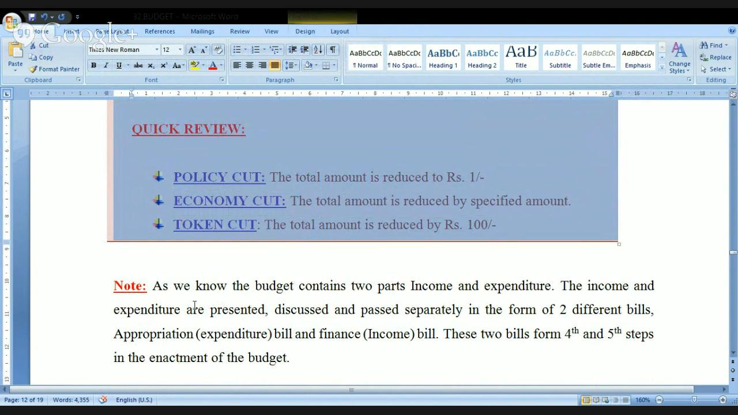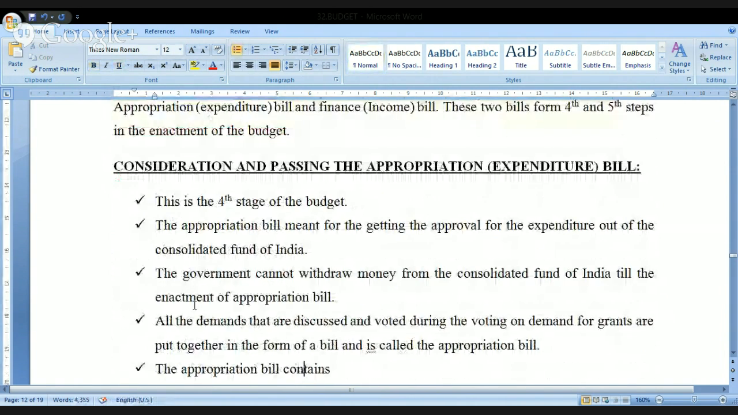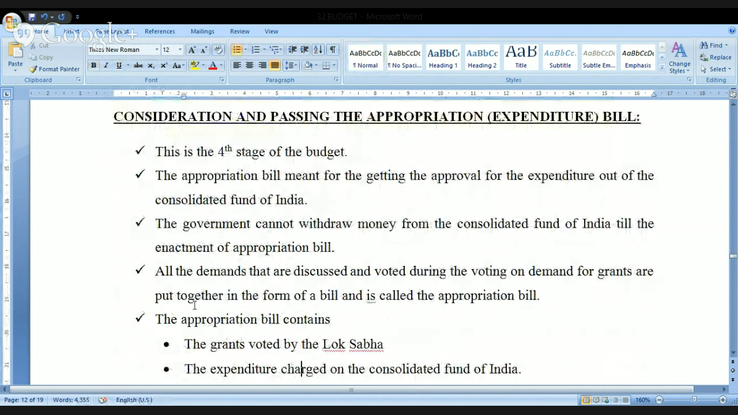Okay, look at this. Note we have given. As we know, the budget contains two parts, income and expenditure. The income and expenditure are presented, discussed, and passed separately, in the form of two different bills. One is the appropriation bill, the second one is the finance bill. These two bills form the fourth and fifth steps in the enactment of the budget. Okay, so this is step number 4, and step number 5 we will be discussing tomorrow, and I will stop the class